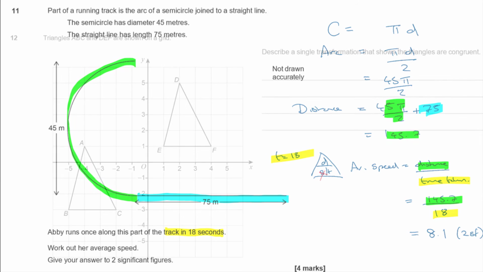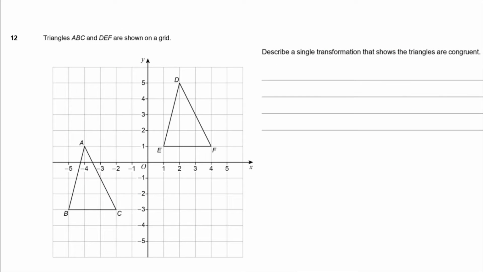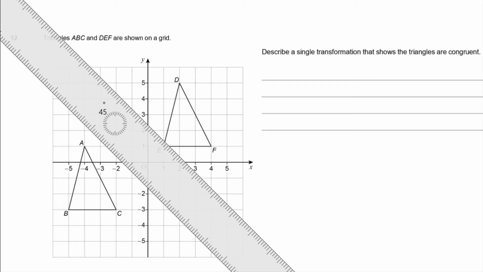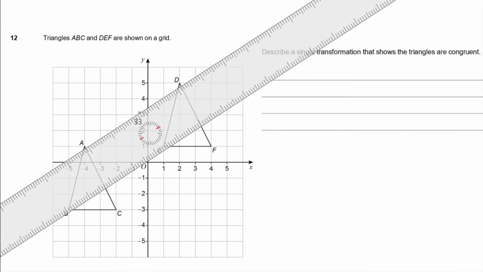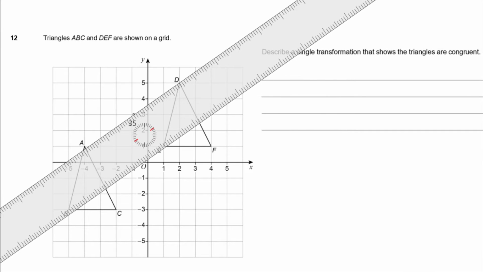Okay. Question 12, triangles ABC and DEF are shown on a grid. Describe a single transformation that shows the triangles are congruent. Okay, well these look to me like a translation. It's being translated, isn't it? If you think about it, if I look at the vector from A to D,